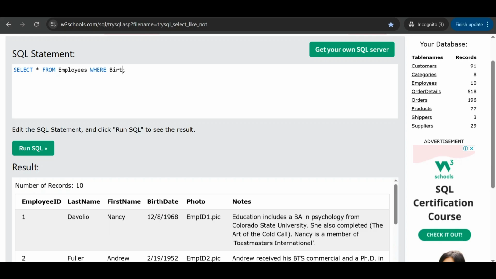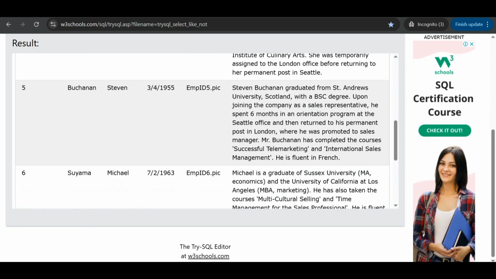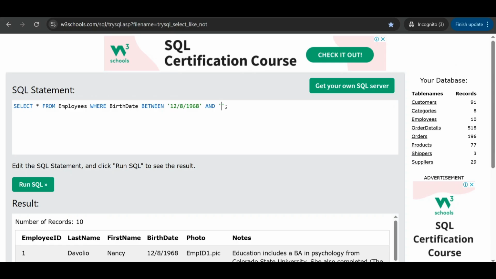Where birth date between 12/8/1968 and maybe 1969.